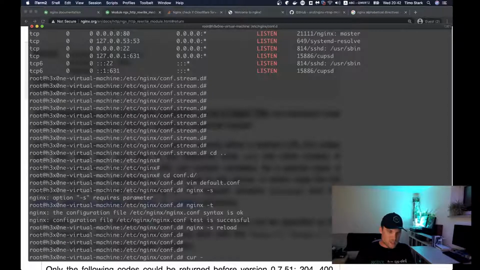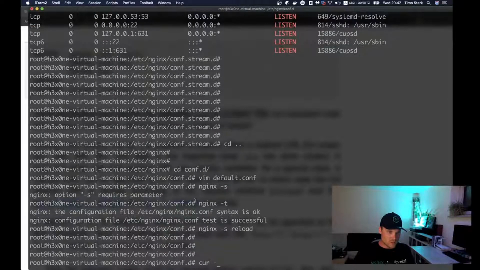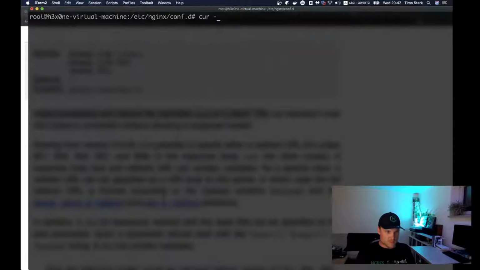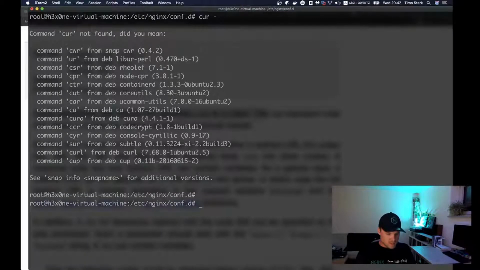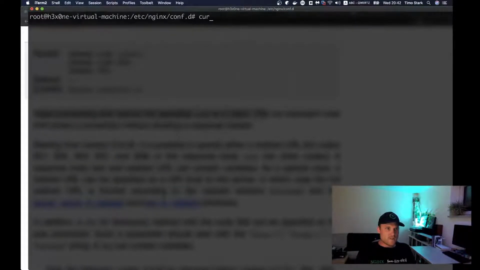Curl, is it big enough? Curl. Oh, let me move my face out of the way. Curl. Then we say host for host header. We say host was example.com. And then we have localhost. Cool. Response is example.com